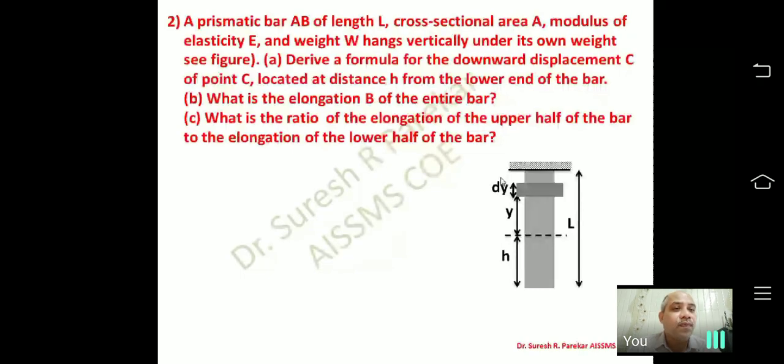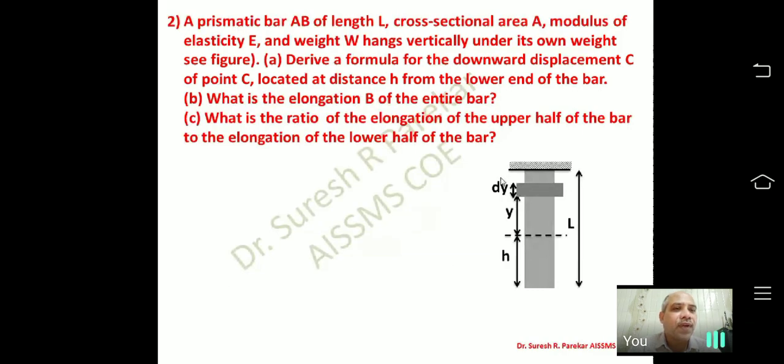Now whenever you go for displacement due to weight at any point, then you have to consider the area above it. So if I have to find the displacement, then we have to consider this. Now we are interested to determine at height h, which means we have to consider weight from h to L, because we are going to find out at this point. If I have to find out at the bottom, then I have to consider the whole weight above it. So at whichever point you have to find displacement, you have to consider the weight above it. Now total weight is given as W.